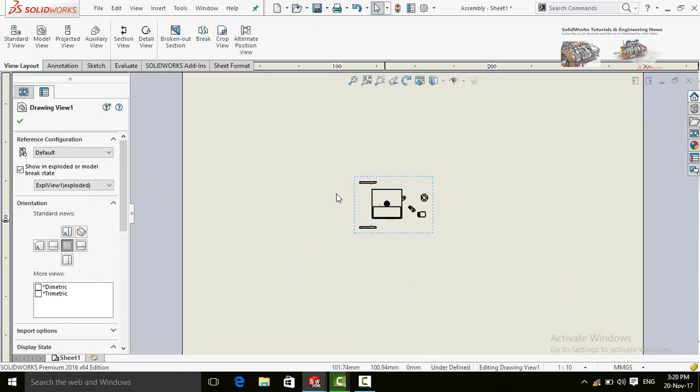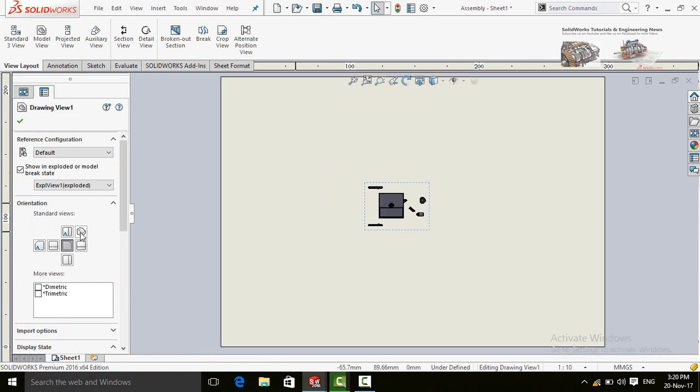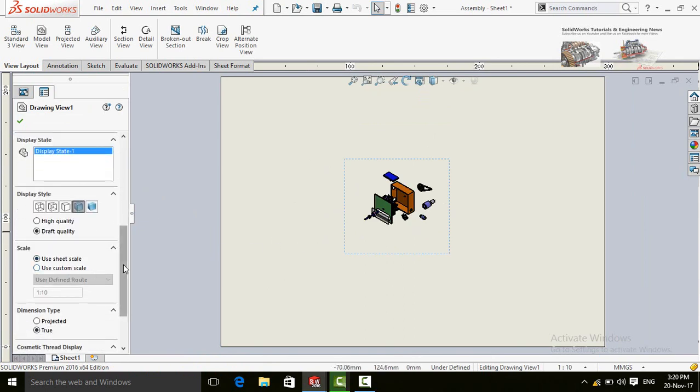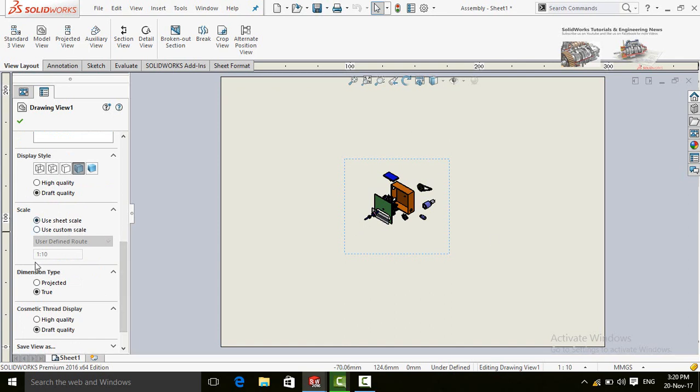Select this model and change the shade from here. Select the view orientation and scroll down. If you want to scale up this model, select use custom scale, or you can also select user defined scale.